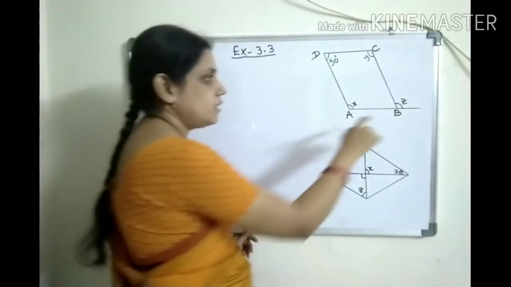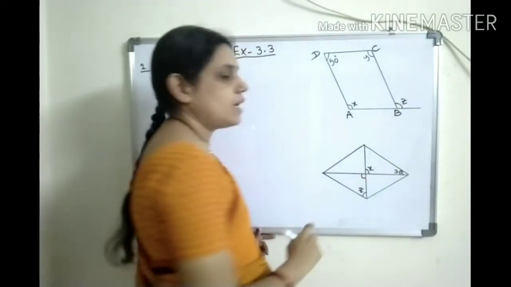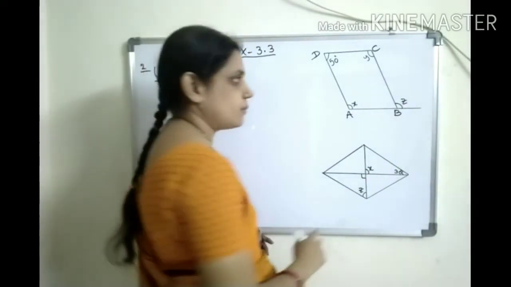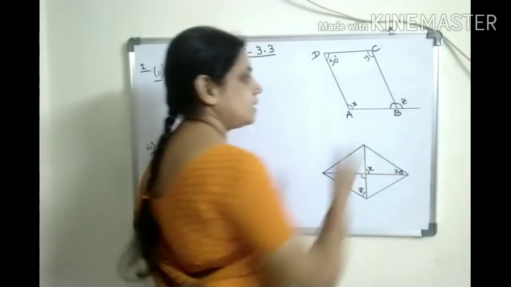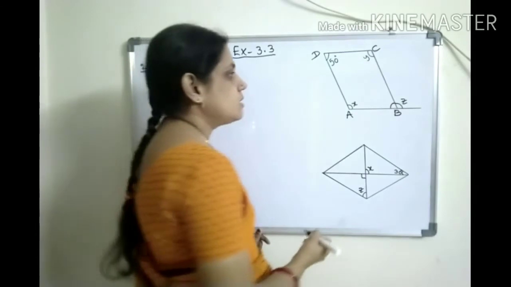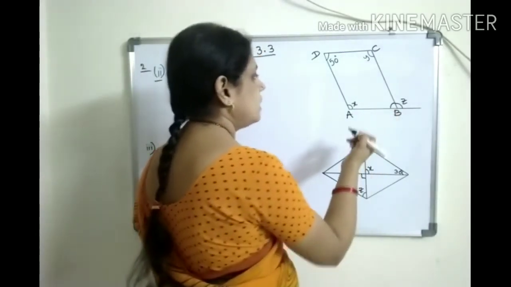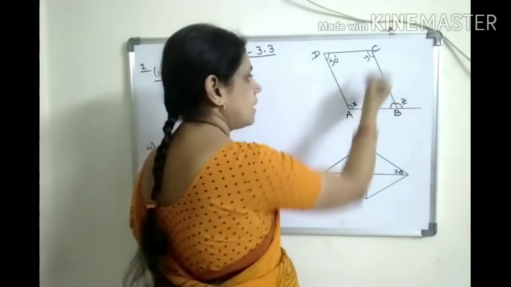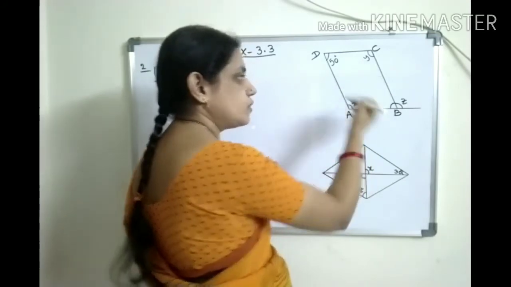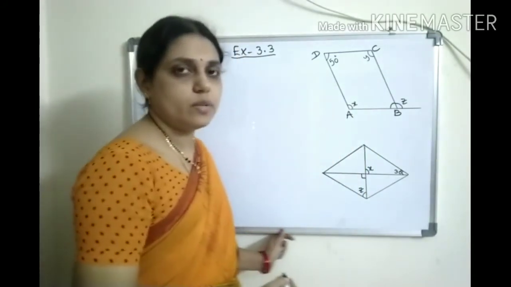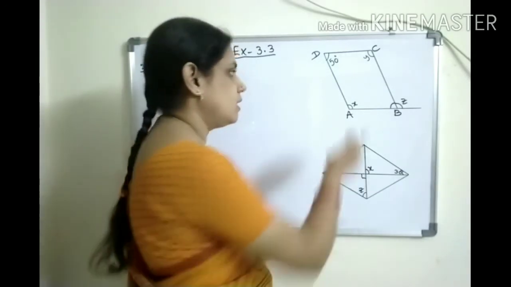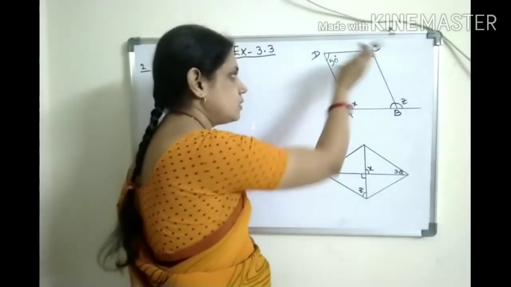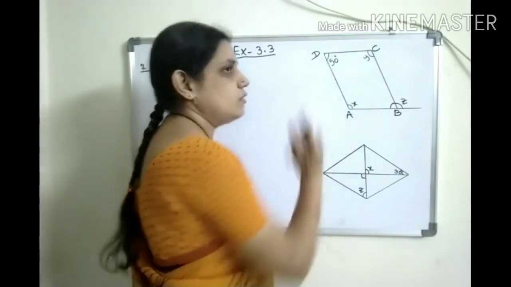Now here if you observe, Z is the exterior angle formed in the parallelogram. So here it should be 180 minus Z. Okay. So this will be 180 minus Z and this is X, Y, and these two should be equal. Why? According to the properties of a parallelogram, the opposite angles are equal. So angle A is equal to angle C. So X equal to Y.